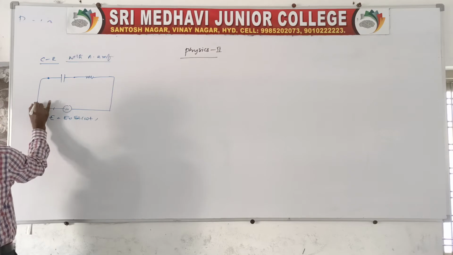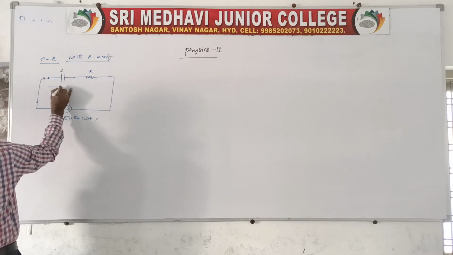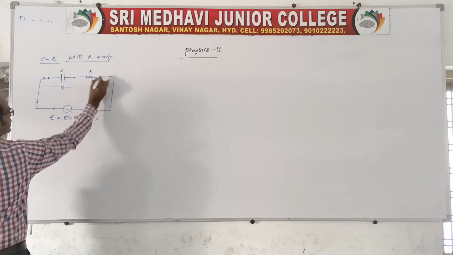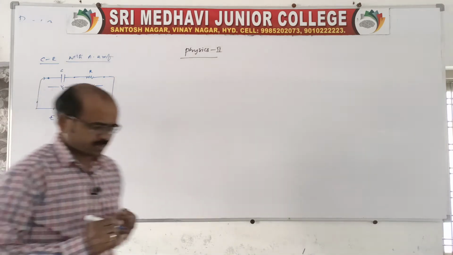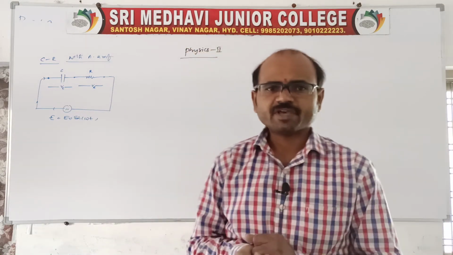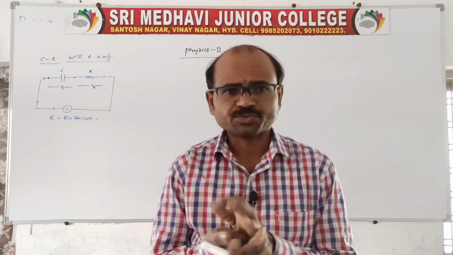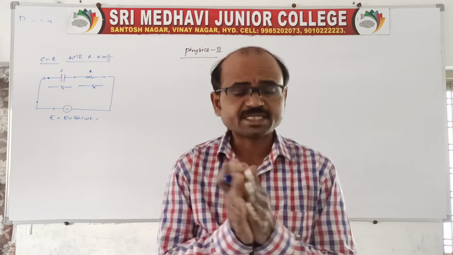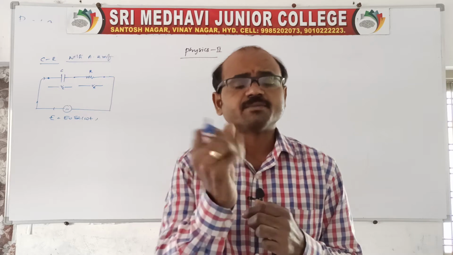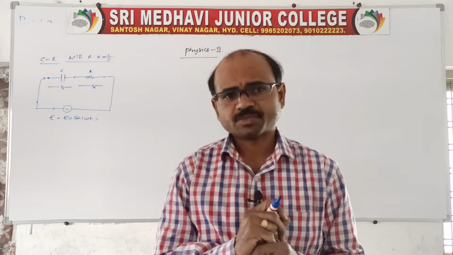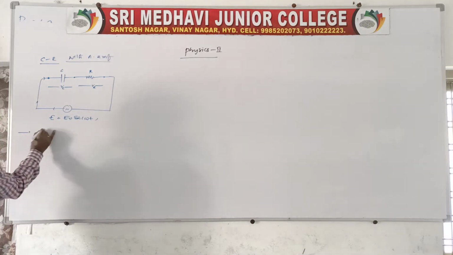Of course, an alternating current flows through the capacitor and the resistor, and there will be a potential difference Vc across the capacitor and Vr across the resistor. In a capacitive circuit, there will be a phase lag of pi by 2, that is 90 degrees, between the EMF and the current. That is, the current leads the EMF by an angle of pi by 2, a 90 degree phase angle. Now I want to talk about the capacitive circuit.